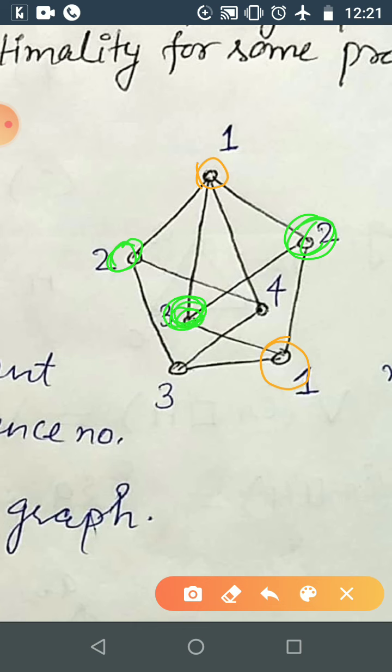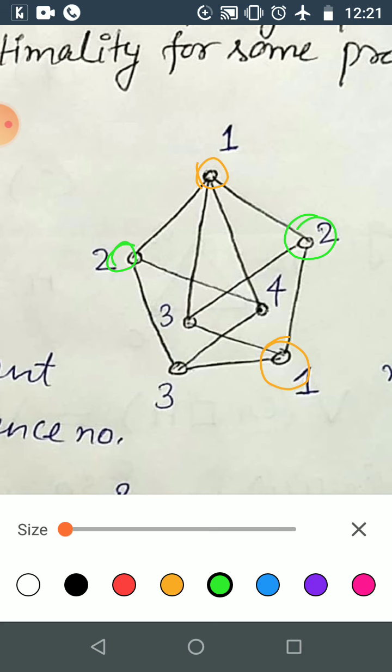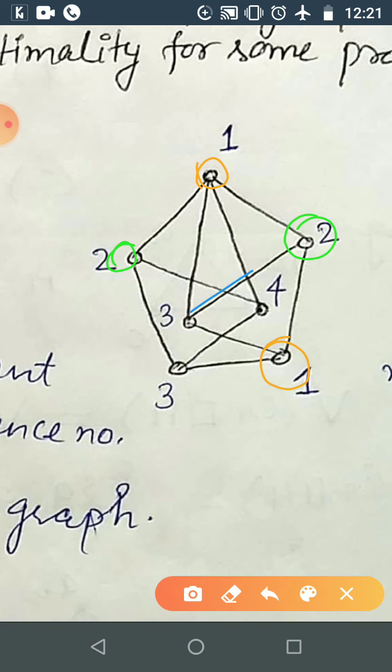You can use green color. Then for 3 and another, can you also use this 2? No, because this is adjacent with this one. And also you can't use this, because this is adjacent with this one and this is adjacent with this one. Also you can't use this green color. Sorry for that, I did that. Now this is adjacent with this one and this is adjacent with the first one also. So you can't use these two, first and second. So you have to use the third color. So I have used it here.